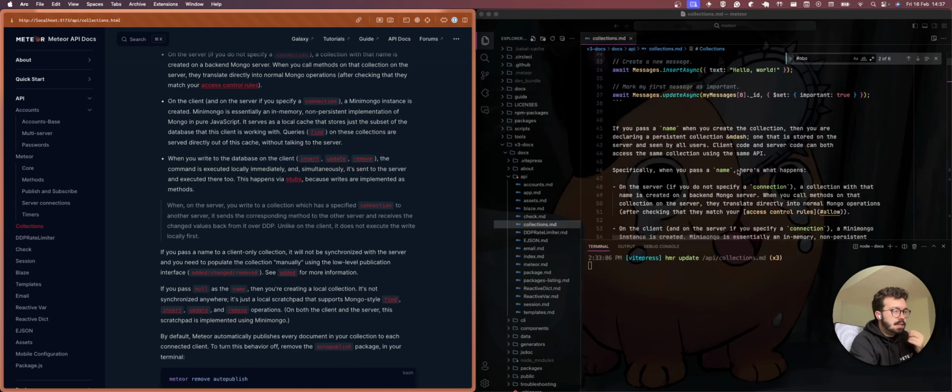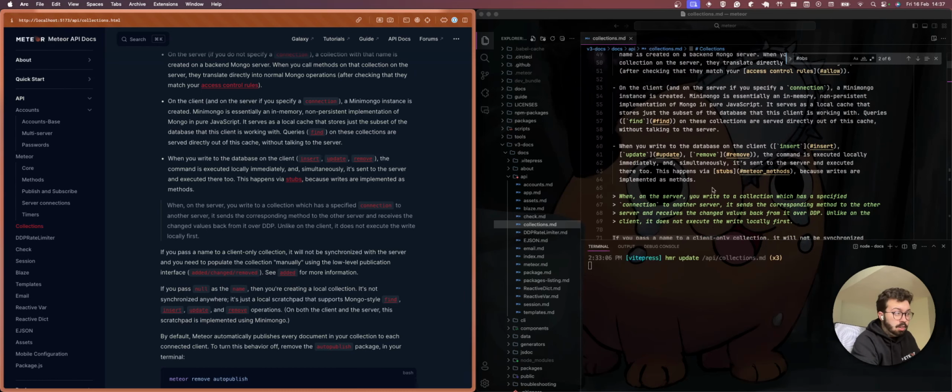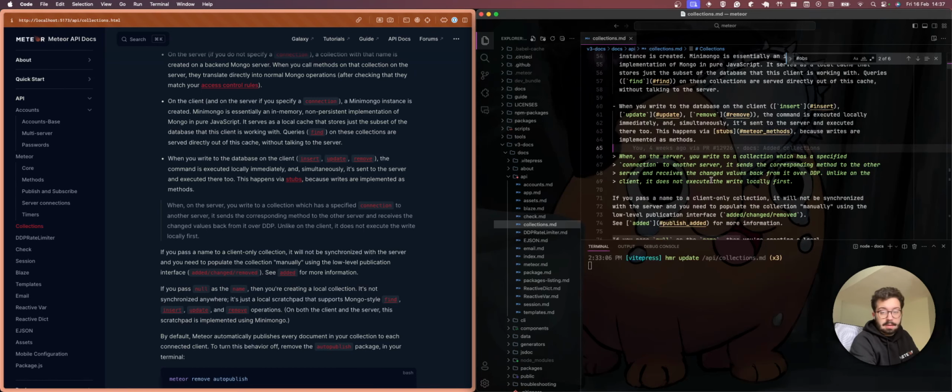Yeah, I think I found it. I've read this a lot of times, and sometimes I don't find this part here that says what is the difference between running an insert, an update, and a remove on the client and on the server.